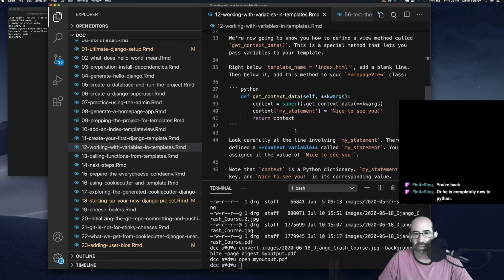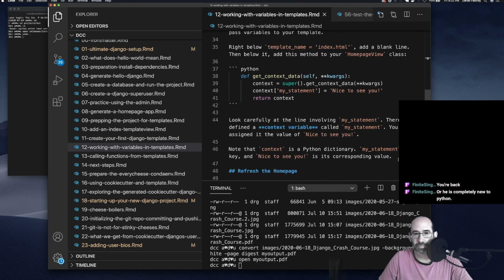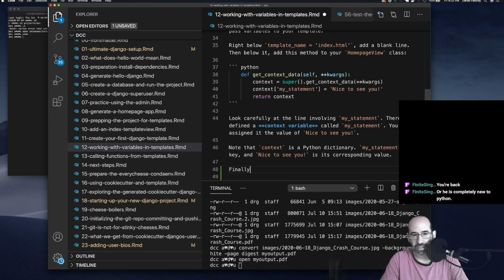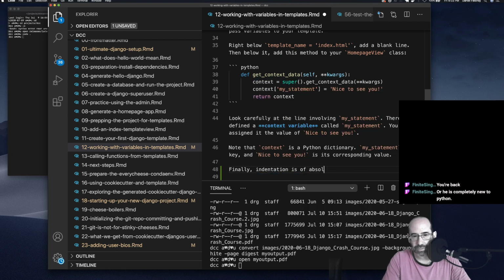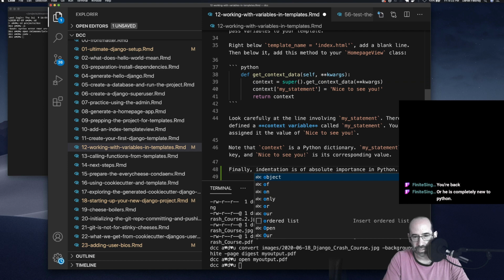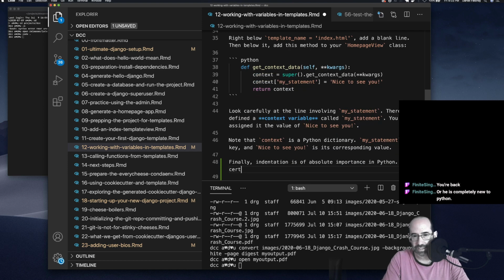Okay, so here, finally, what is it? Indentation is of absolute importance in Python. If you make certain that the last 3 lines of the get context data